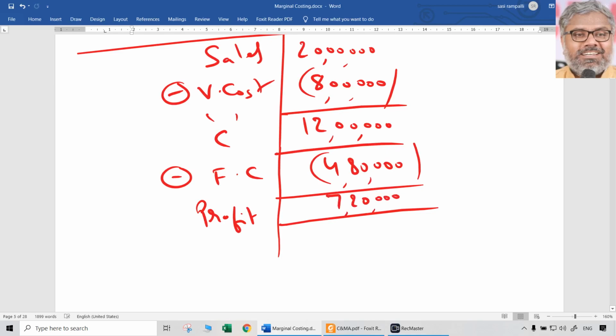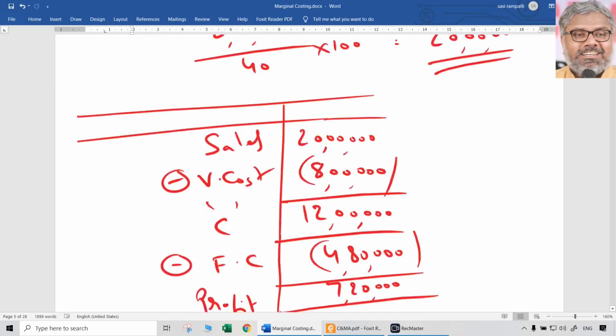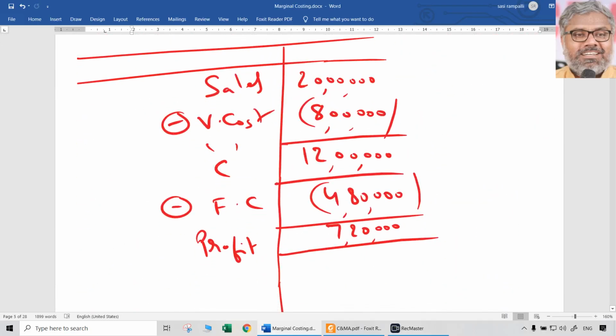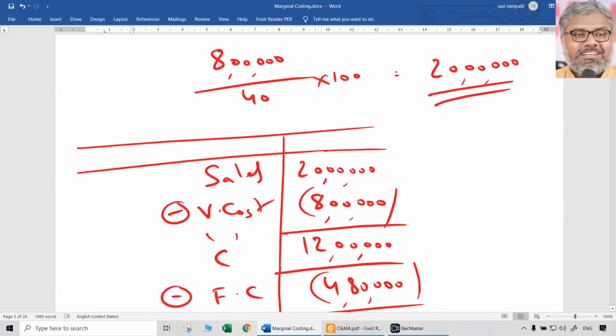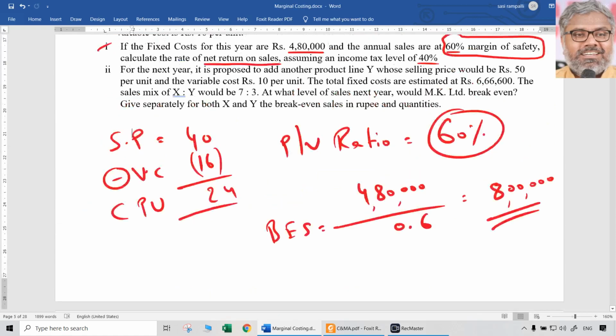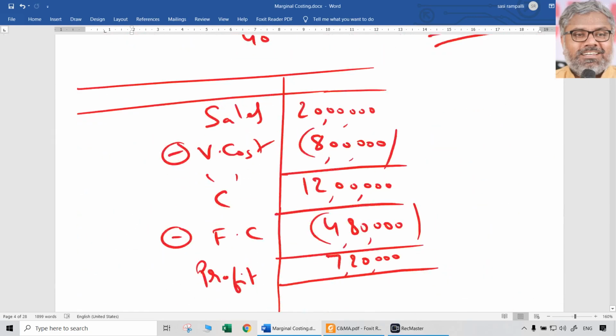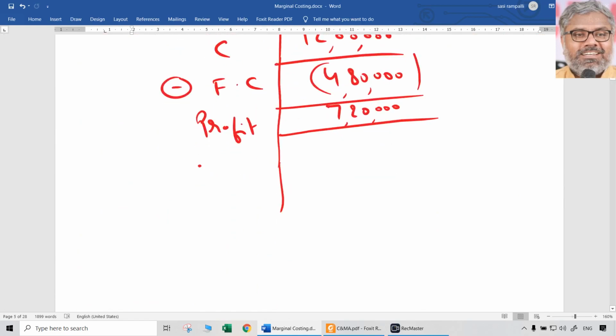But is it what is asked? No. Profit after tax we should know, because this is profit before tax. Here we have to assume that fixed cost is not inclusive of tax. Tax cannot be fixed cost. It cannot be related to production also. So it is not part of variable cost also. Tax is completely a different thing. After computation of normal profit, it is as good as an appropriation of profit. It is not an expenditure first of all, from a management point of view. So income tax level 40%, when he says, after this profit of 7,20,000, deduct tax at the rate of 40%. So 7,20,000 into 40% means 2,88,000.